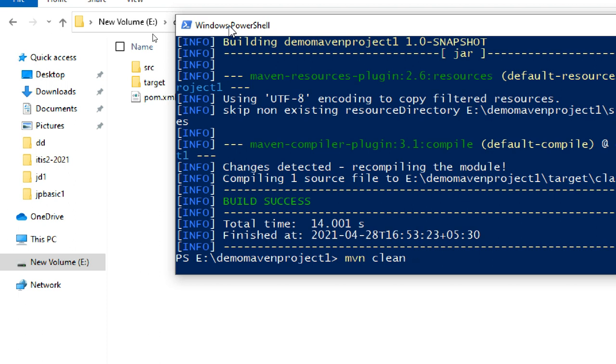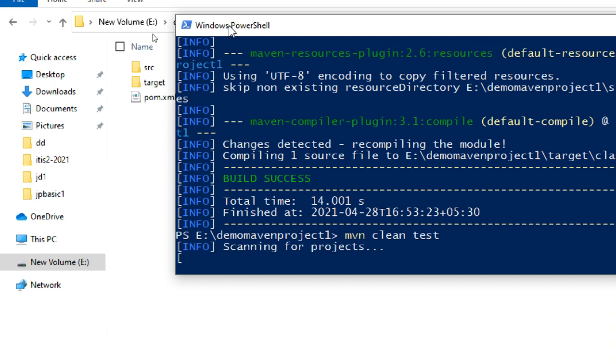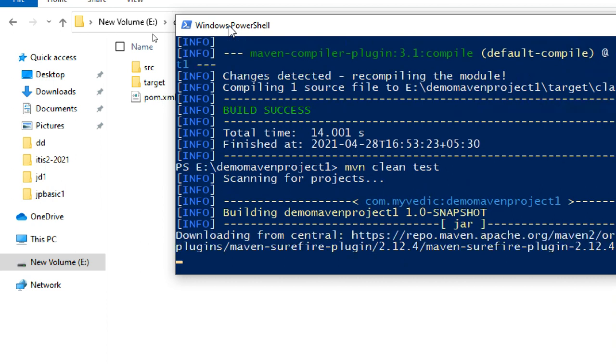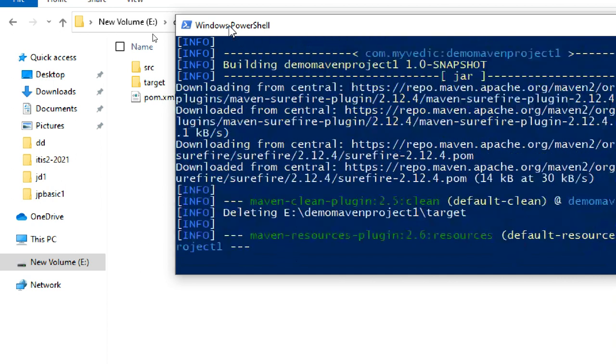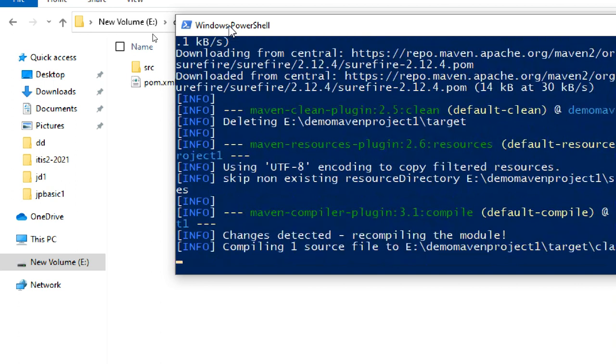Next: compile, test, or test-compile; test hyphen compile also you can do. I give mvn clean test. So first it will do clean and then test. Now it has removed the target, so you can see it in the background.